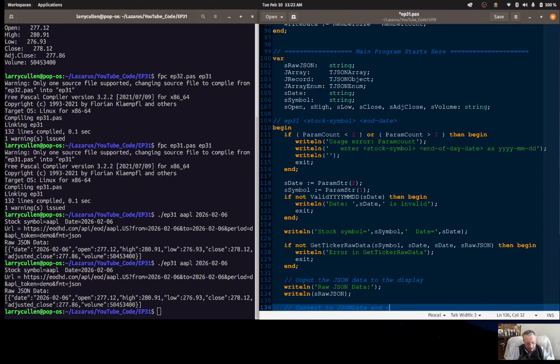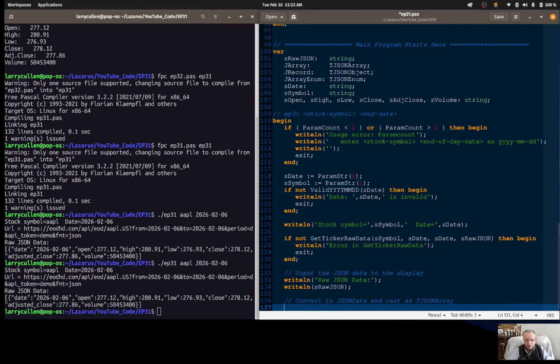And cast as a TJSONArray. That's what we're doing. And that's what's done on this next line. So we say JArray is equal to TJSONArray,